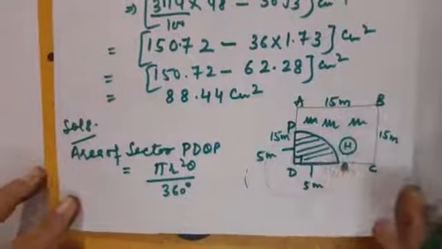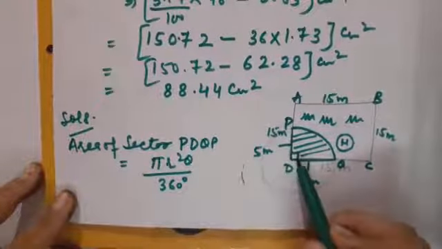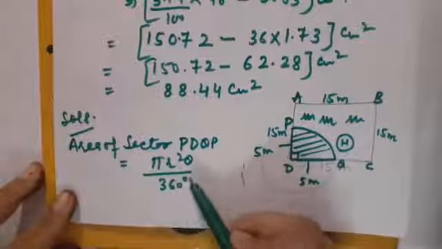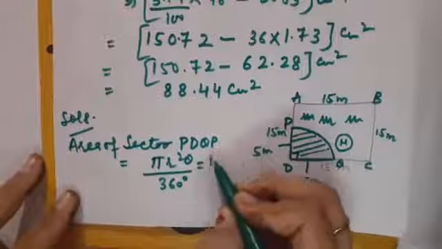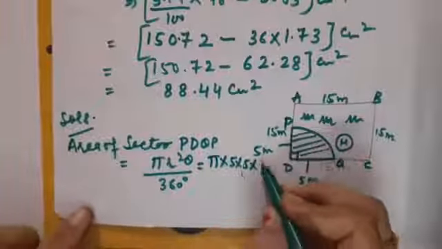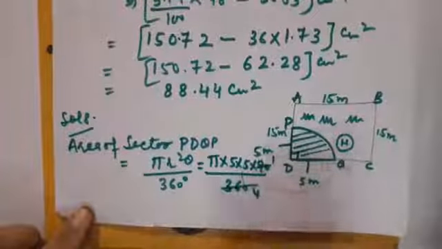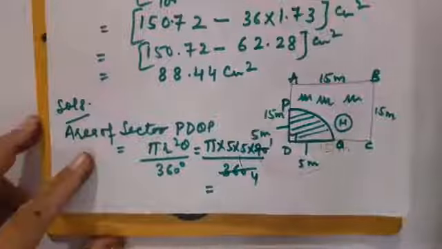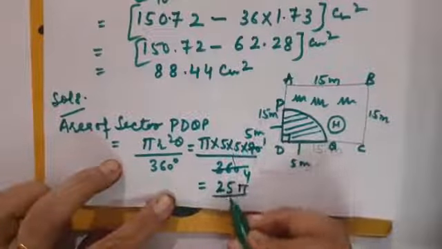Children, you can apply the formula of quadrant also, because here theta is 90 degree, as it is forming 90. So 90 ones are 90, 90 fours are 360. I will be getting the formula of quadrant only, that is pi r square by 4. Just have a look. Pi, r is 5, 5 into 5 into 90 upon 360 degree. This is 1, this is 4. Correct? So what am I going to get? I will be getting 5 5s are 25 pi upon 4.